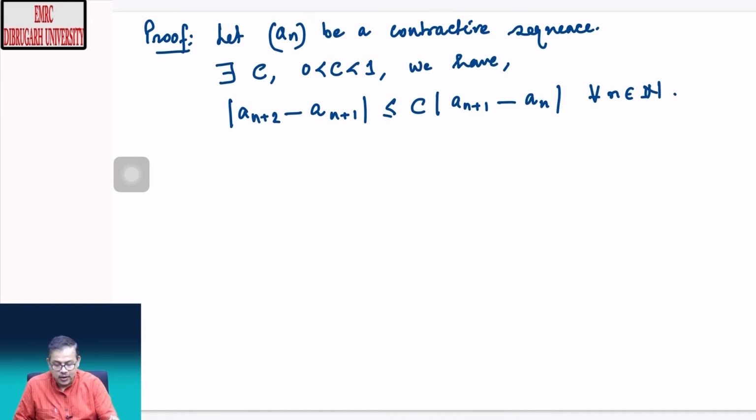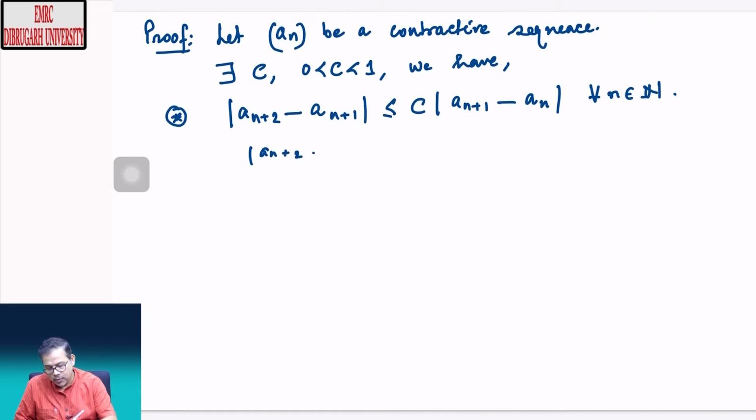Usually we take x_n to be the sequence. Here we are taking a_n to be the sequence. Otherwise, everything will be the same. If we successfully apply this definition, we get the following sequence of inequalities. This is the definition of the contractive sequence. We apply this particular definition and we get the following sequence of inequalities, say